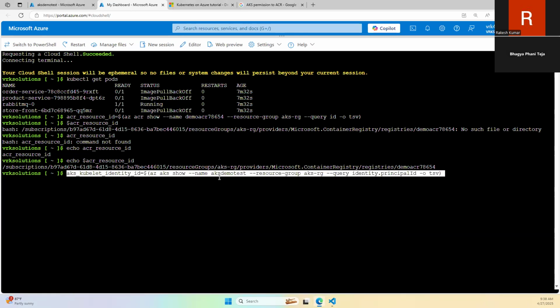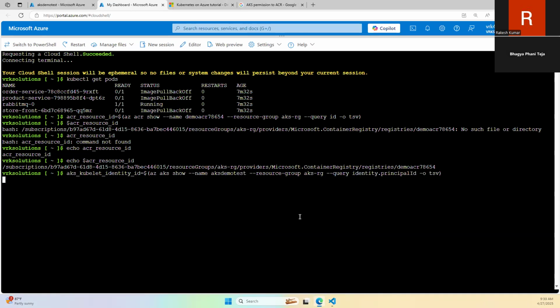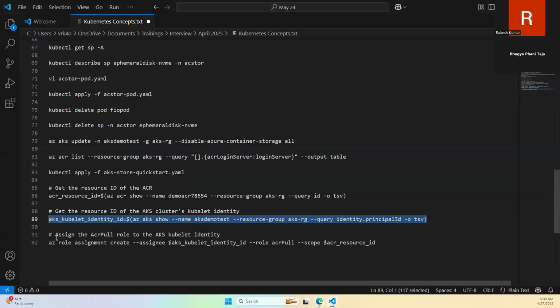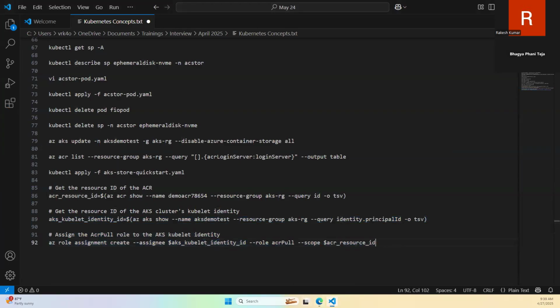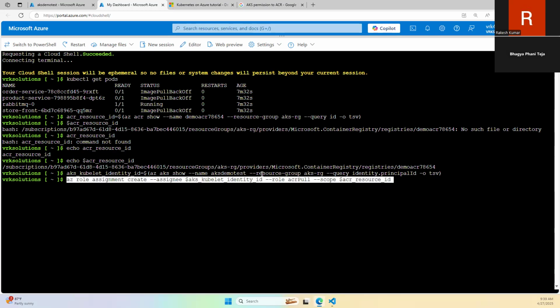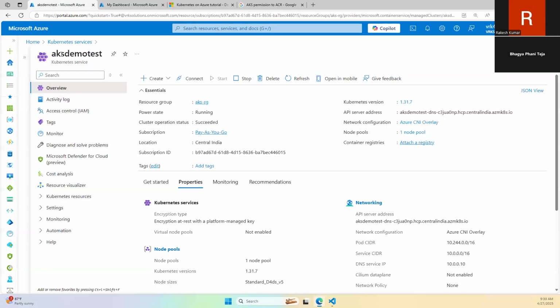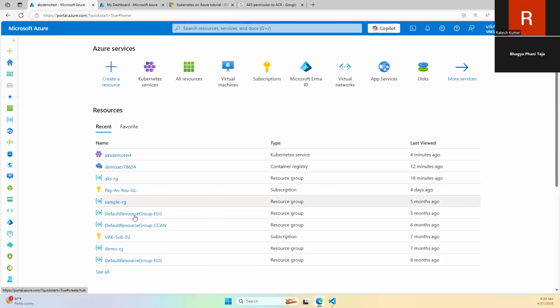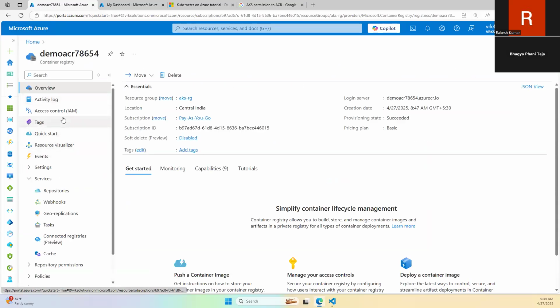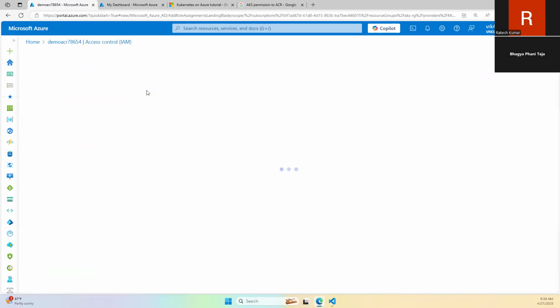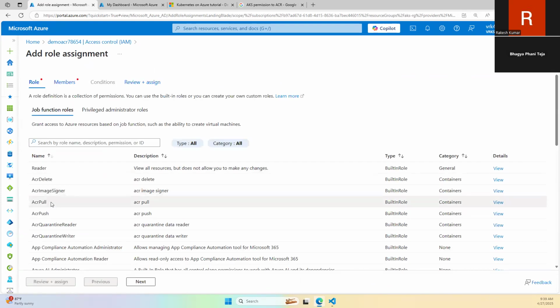And now I'm storing the identity in this one, and it is just doing an RBAC assignment. Now I can do it from portal also. Please remember that I can do it from portal also. We can do this from portal, like we go inside that container registry, go to IAM, you get the role assignment and all that. You're going to give that ACR pull,